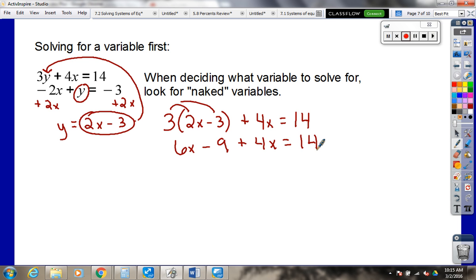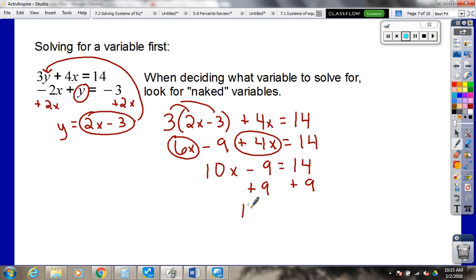What would I do next? Combine like terms. 6x plus 4x. So I'm going to add the 6x and the 4x to get 10x minus 9 equals 14. Now we just solve a 2-step equation. Adding 9 to both sides gives us 10x equals 23. This one's a little bit ugly. Then dividing by 10 gives us x equals